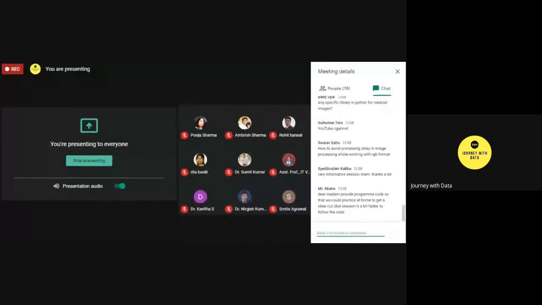At the end of this session, I'll share the entire notebook with you, this IPYNB, and it contains, other than the code that we discussed, other codes as well. For example, you can get an idea to remove the noise from an image. There are various topics which I could not discuss due to the shortage of time. So you can very well utilize that code to enhance your learning. And of course, any other information that you want, you can get it from my channel as well.